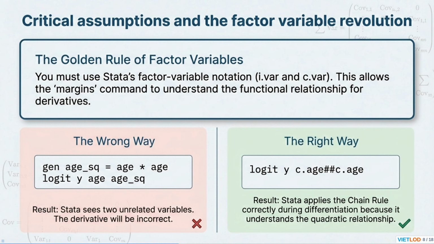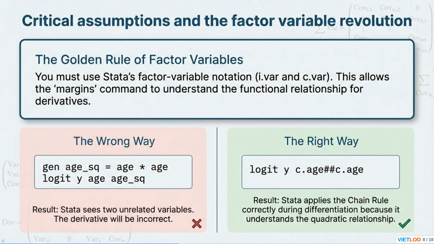This slide introduces the single most critical rule for effectively using Stata's margins command, the golden rule of factor variables. To ensure Stata correctly calculates marginal effects, you must use its built-in factor variable notation when you specify your model. This means using i. for categorical variables, c. for continuous variables, and operators like ## or # for interactions and polynomials. The reason this is so crucial is that this notation explicitly tells Stata the true functional